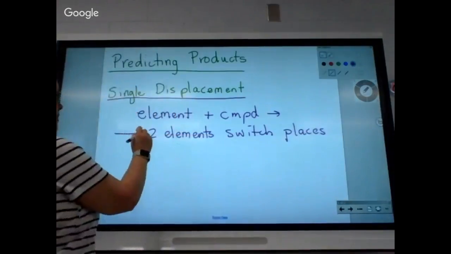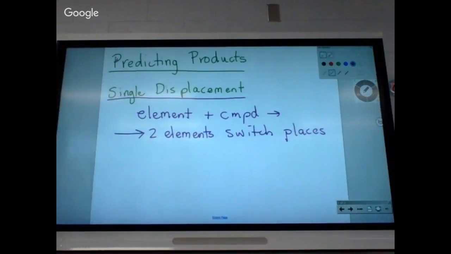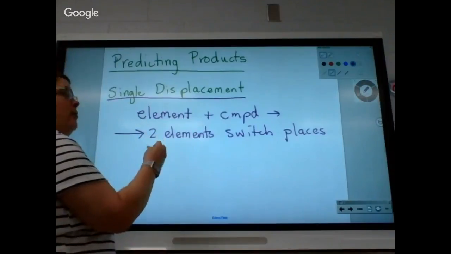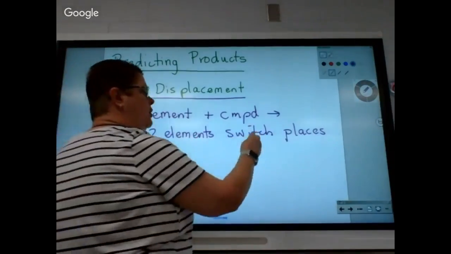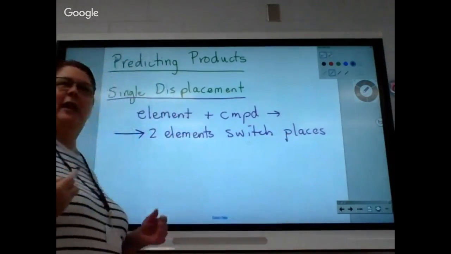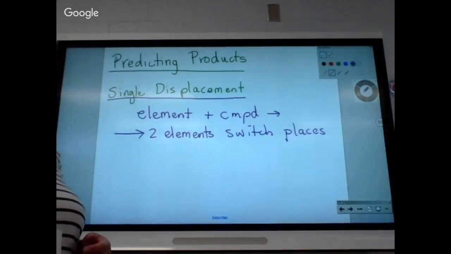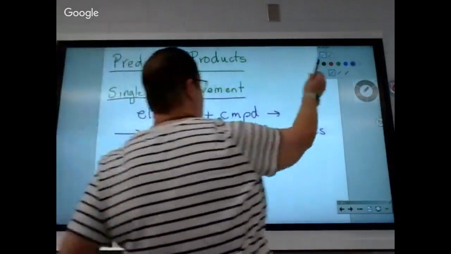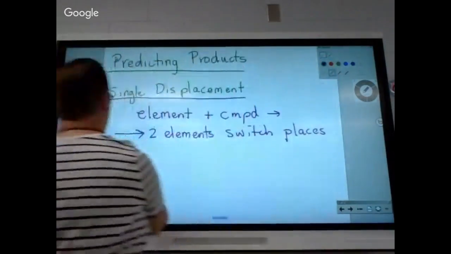That's what happens. So that's what we have to do. So how are we going to know which elements switch places? Okay? So when we do double displacement, the only difference is it's going to say compound plus compound, but it's still going to be 2 elements do what? Switch places. So these steps we're getting ready to write down are the same for both. We're not going to write them twice. Okay? So,